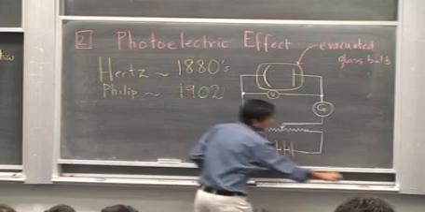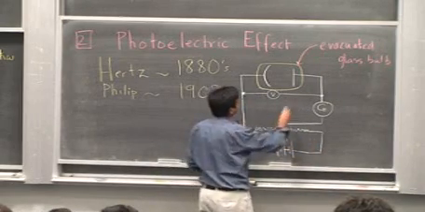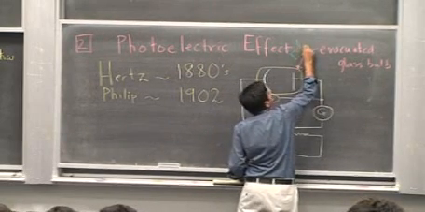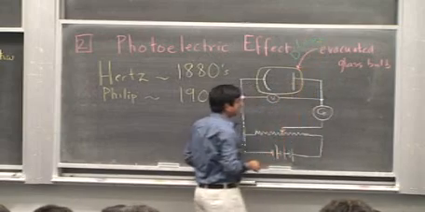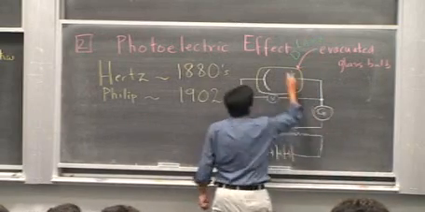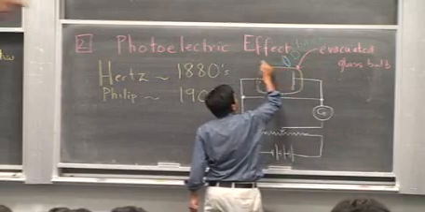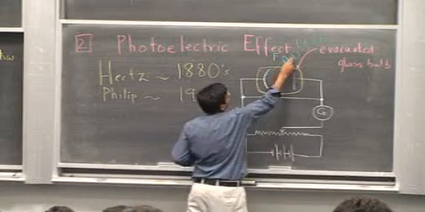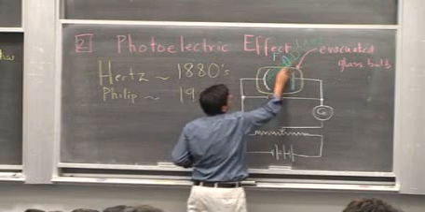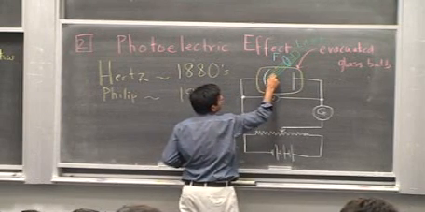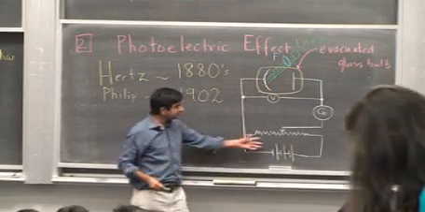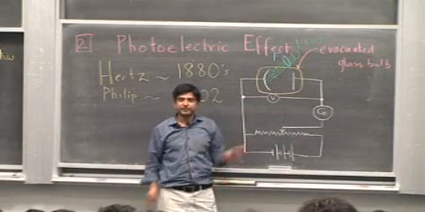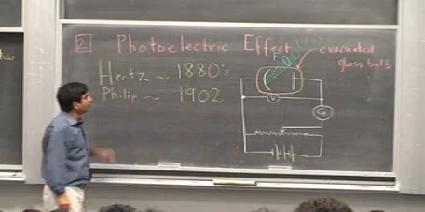So what happens is that a source of light, a lamp, is placed at a certain distance, and in the path of the light there is a filter that can select a certain wavelength of light. Light comes in, falls on this electrode, this cup shaped electrode. One adjusts the voltage V and measures the current. Alright, so this was the experimental arrangement of Philip.